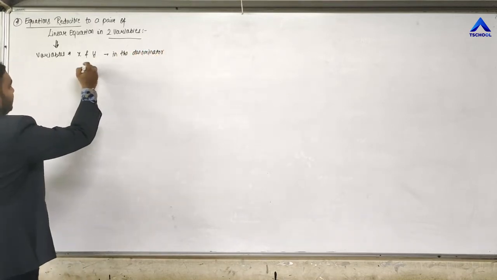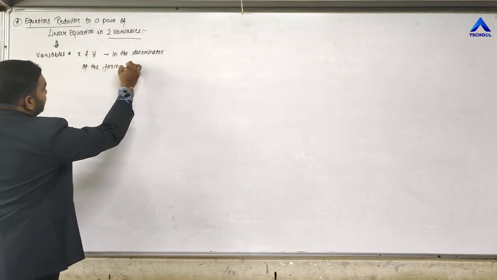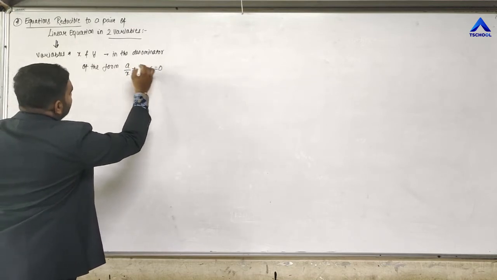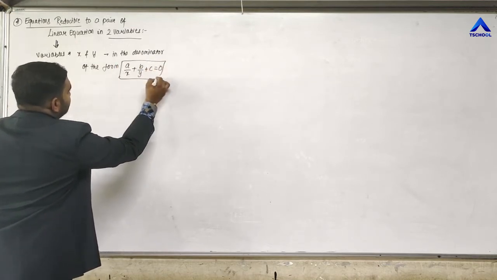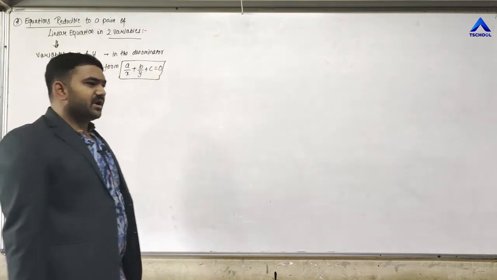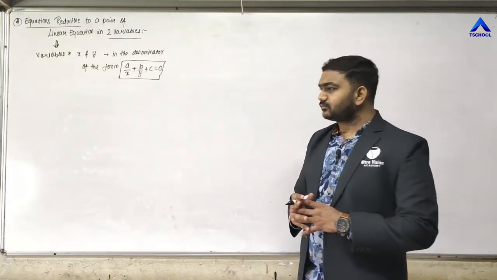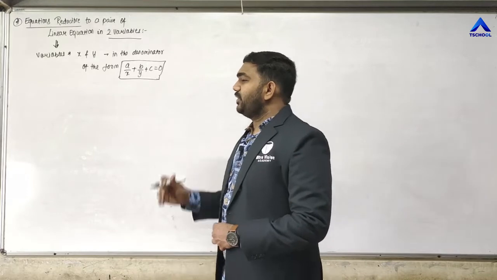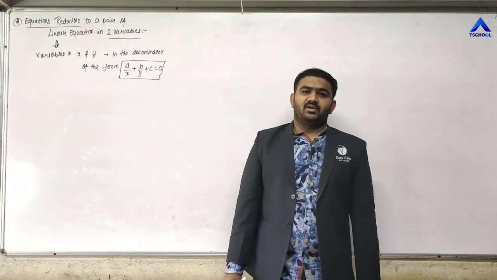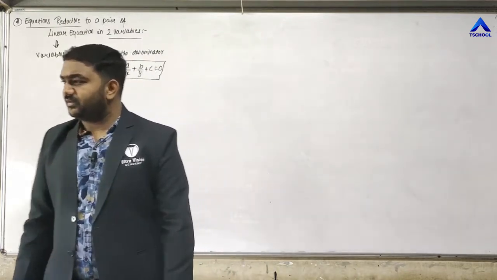That means of the form a upon x plus b upon y plus c is equal to 0. In this way the equations will be given. That means the variables are not present in the numerator directly, right? If they were present in the numerator directly, then they would already be a pair of linear equations in two variables. But note that they are in the denominator, of the form a upon x plus b upon y plus c